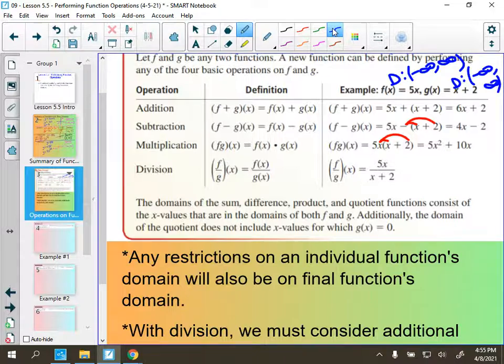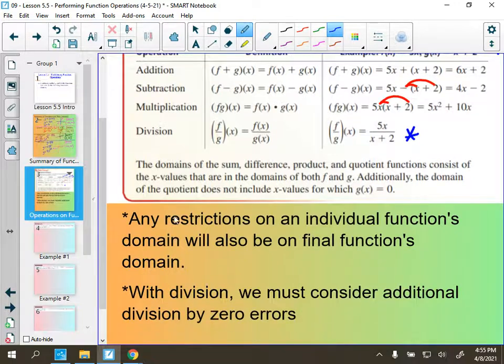There are no restrictions. So the 6x plus 2 has no restrictions. This 4x minus 2 has no restrictions. This 5x squared has no restrictions. The one part that we do have to watch out for, which is my last part that you should add to your notes, is with division. The one operation we've got to look out for is we've got to look at that denominator and think about,